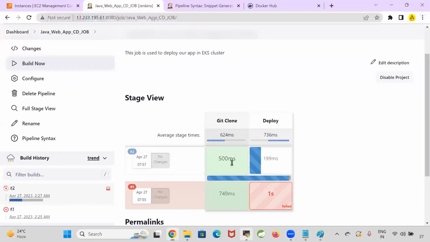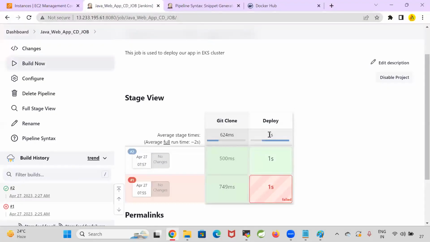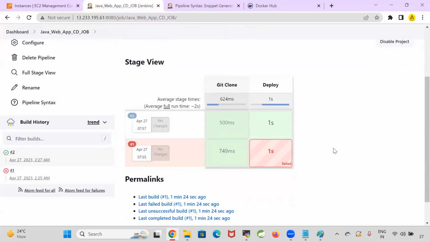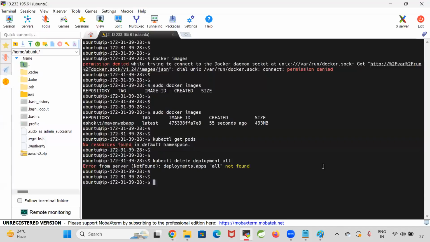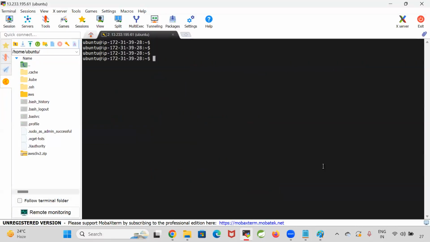So currently no pods are available in the cluster. Now my CD job is executed successfully. Once the CD job is executed, now we can see the pods which are available. kubectl get pods. 2 pods are in the running state. And we can see that